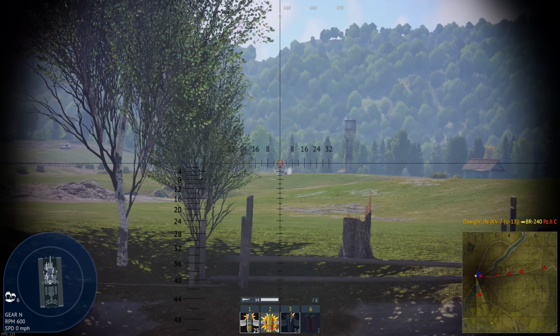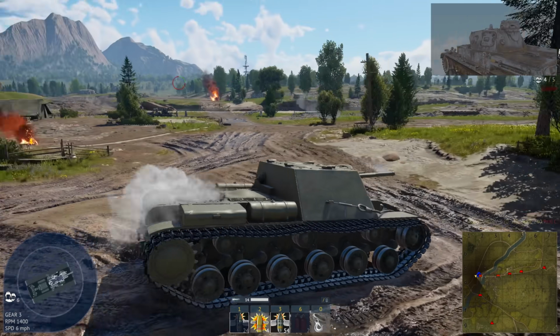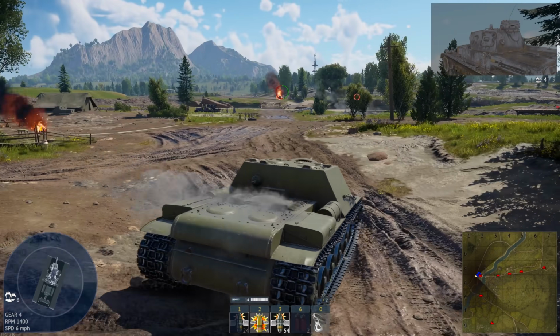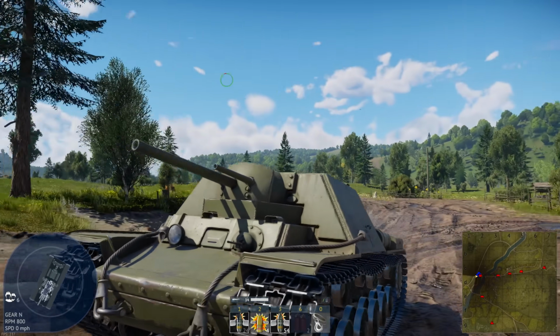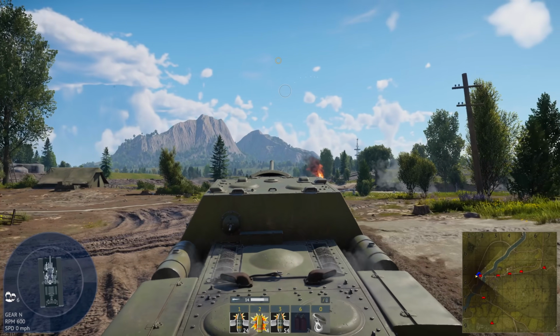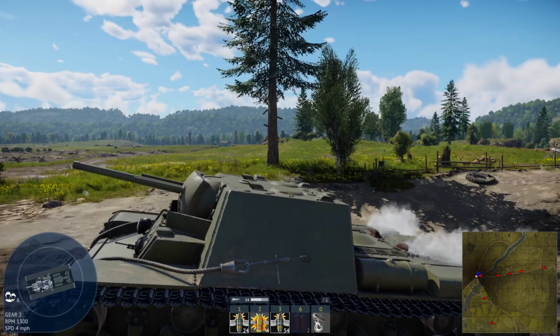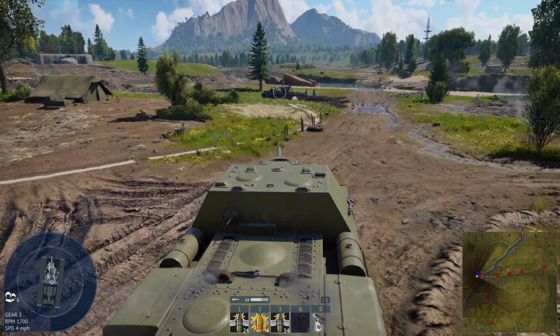You can also reload bait people. Like, let's just say you shot at that dude, then you can shoot him with the 76 and you can get a kill on them. It's going to be really fun for doing that. Also, a cool thing that this vehicle has right here is the hull machine gun actually works. So if you aim it, you can actually shoot with it. So the one or two people who were wishing for more hull machine guns within War Thunder, there you go,